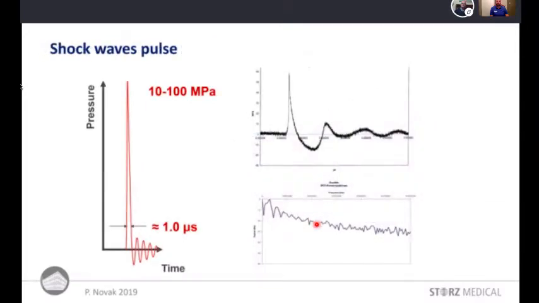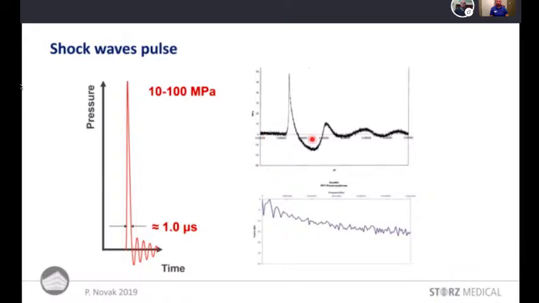Now here the pattern again. So it is just schematically a drawing, as you saw on the previous slides, with a high positive amplitude in the range of 10 to 100 megapascal. That means 100 to 1000 bar, and a very short length of the pulse in the range of 1 microsecond. And especially with the shock waves, this rising or leading edge of the shock wave is even much steeper, as you can see in the real image of the shock wave, and thus it's in the range of nanoseconds.